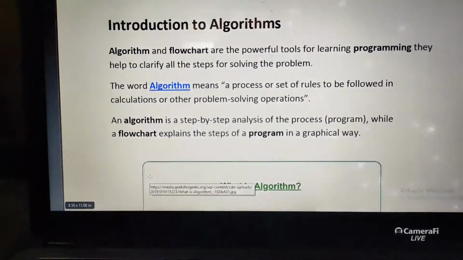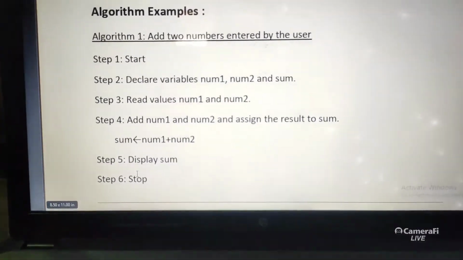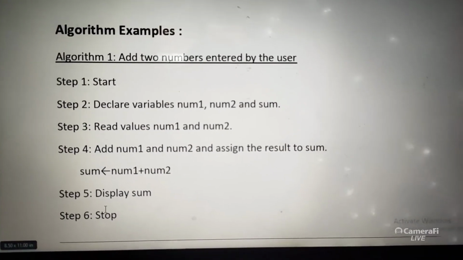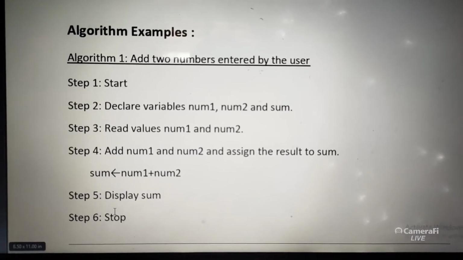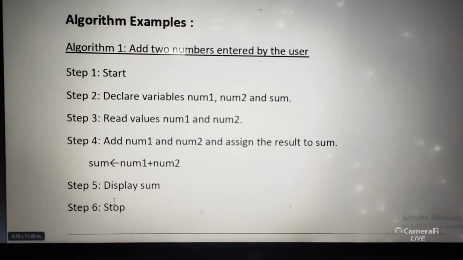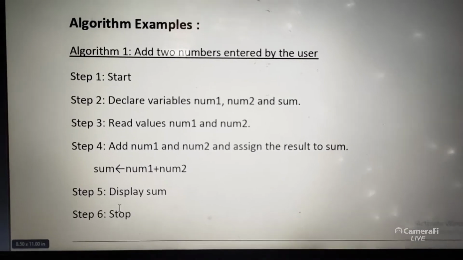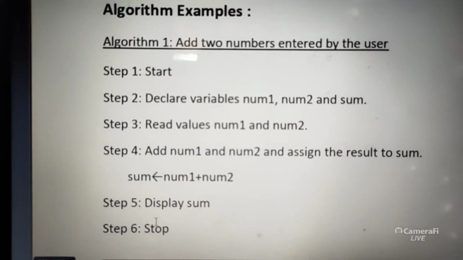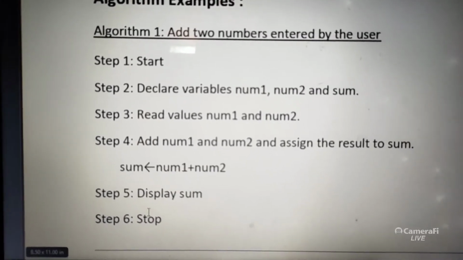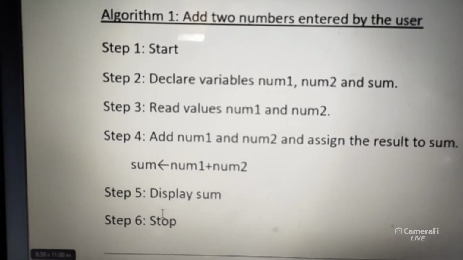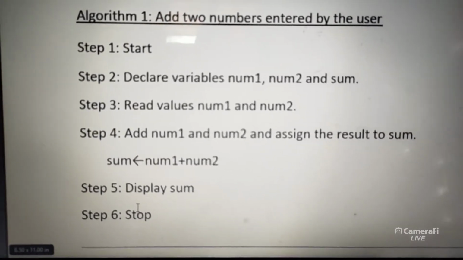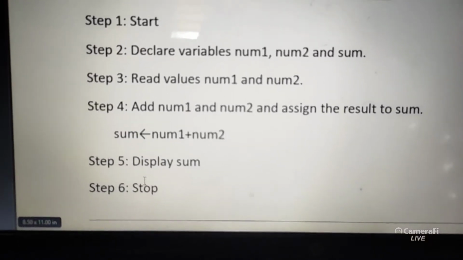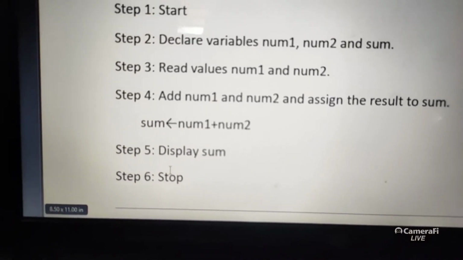For example, I will show how an algorithm looks. If you want to add two numbers, a plus b, where a is 5 and b is 10, so 10 plus 5 we have to perform, which gives 15. Before writing the program, we divide it into a step-by-step procedure. For example: start, declare variables number1, number2, read the input values, add number1 to number2, store the result somewhere and display it.